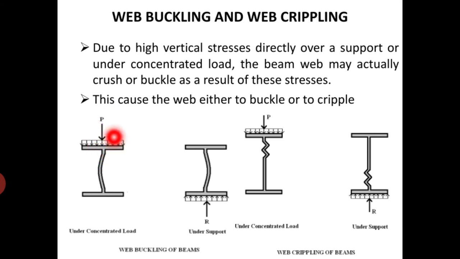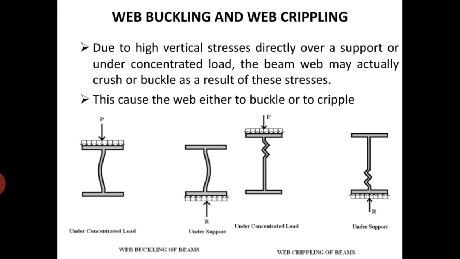Under the concentrated load or under the reaction point, the web can be stiffened, meaning strengthened, by providing additional plates. And you can also make the web thickness more and more, which you can call thickening of the web. So these are some of the preventive measures that can be taken to prevent either local buckling or web crippling. And since web crippling occurs only at a few sections, it is economical to provide stiffeners at these